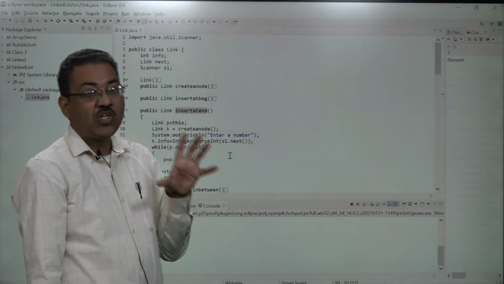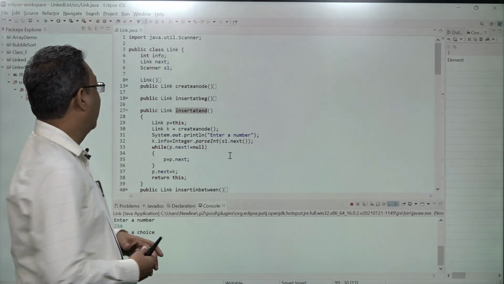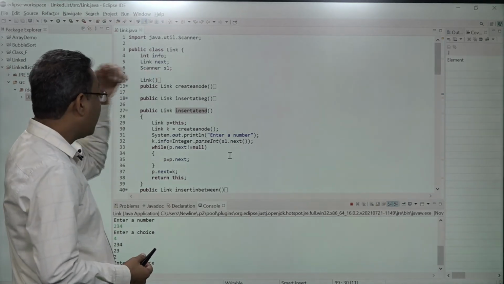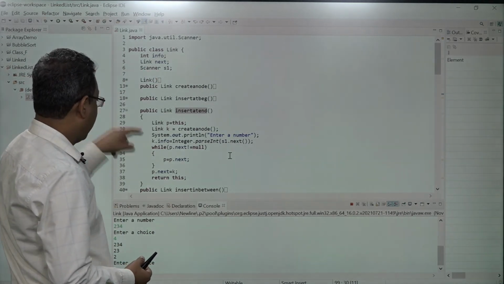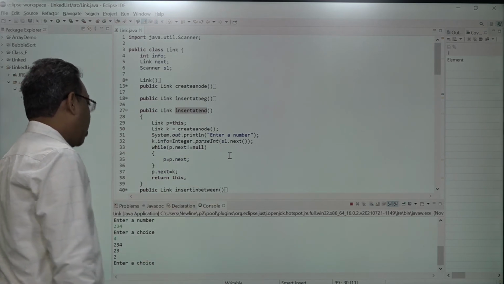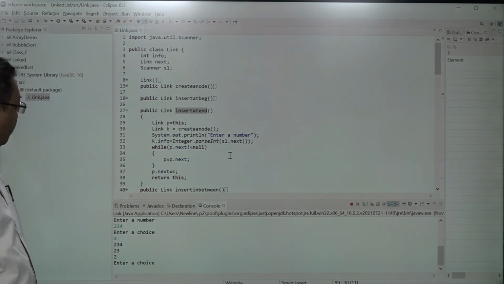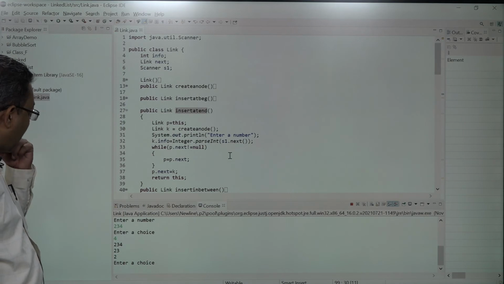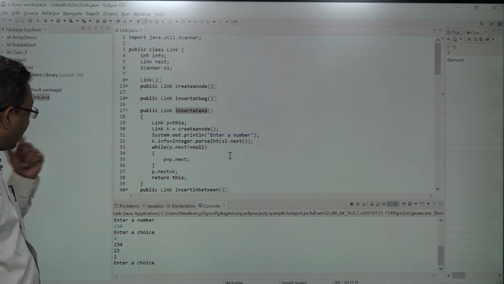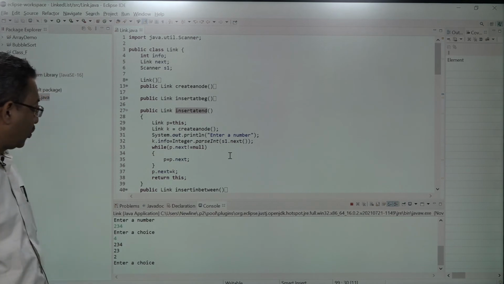Reason being, the references are initialized to null, right? Then what I am doing, while p dot next is not equal to null, p equal to p dot next.